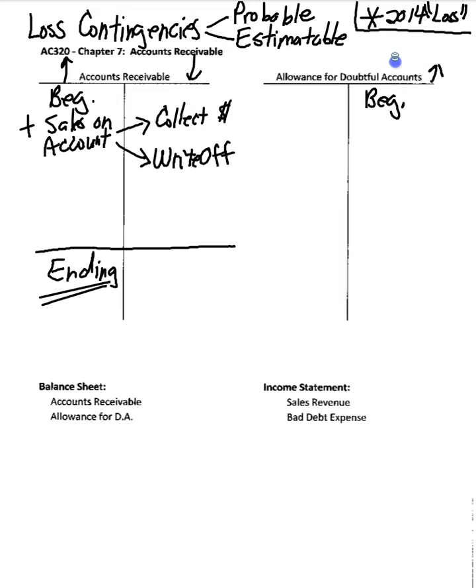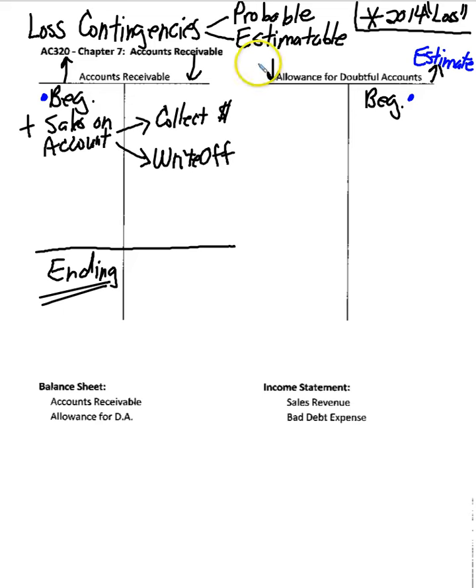So what does the beginning balance represent? Well, this beginning balance is an estimate. It is an estimate of accounts receivable that we're not going to collect. So the allowance account goes up for estimated amounts. Again, this beginning balance is an estimate of what we won't collect in accounts receivable. So how much of this dollar amount will we not collect goes in the allowance account. So the allowance account goes up for estimates,